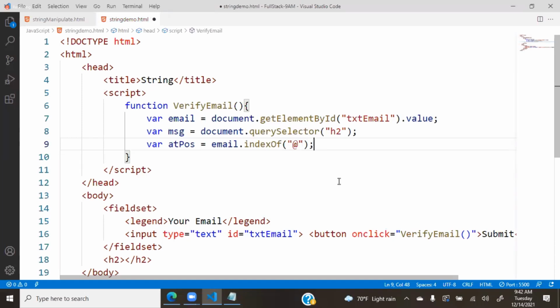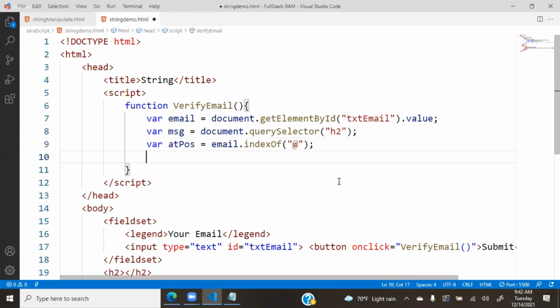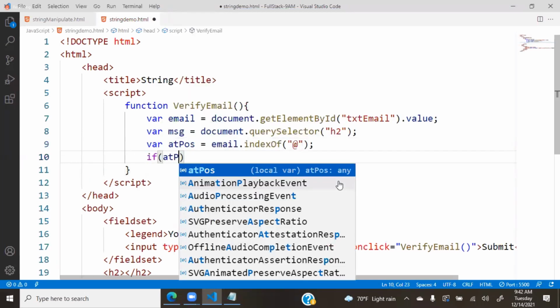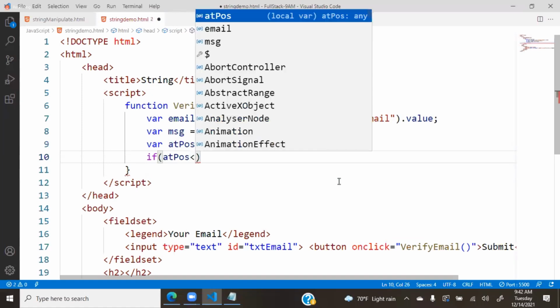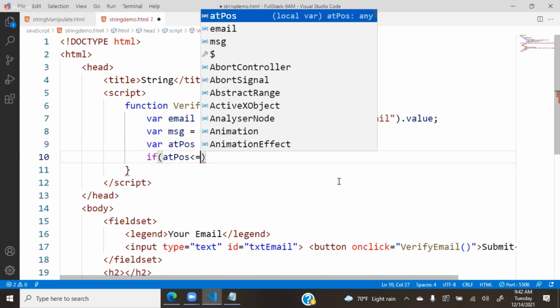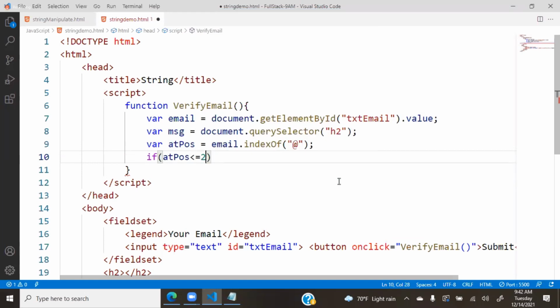If it is present, it returns its index number. If not present, then it will return -1. So if @position is less than or equal to 2, or I said less than 2. If @position is less than 2, then